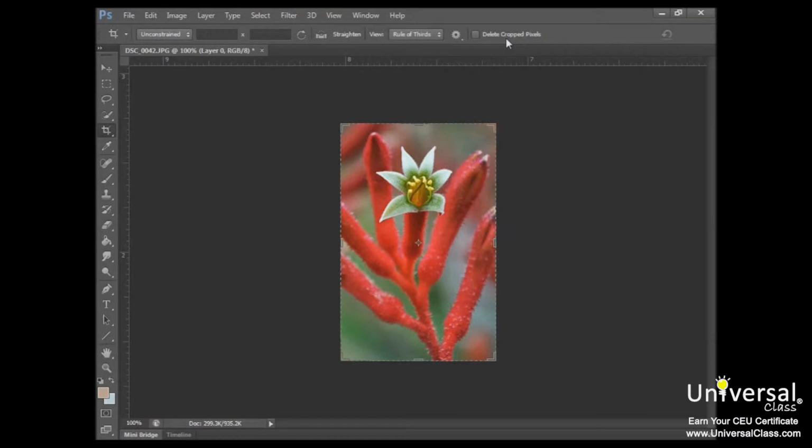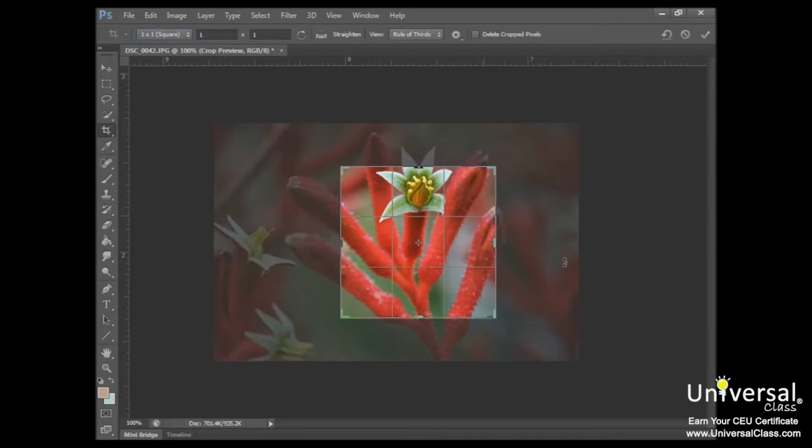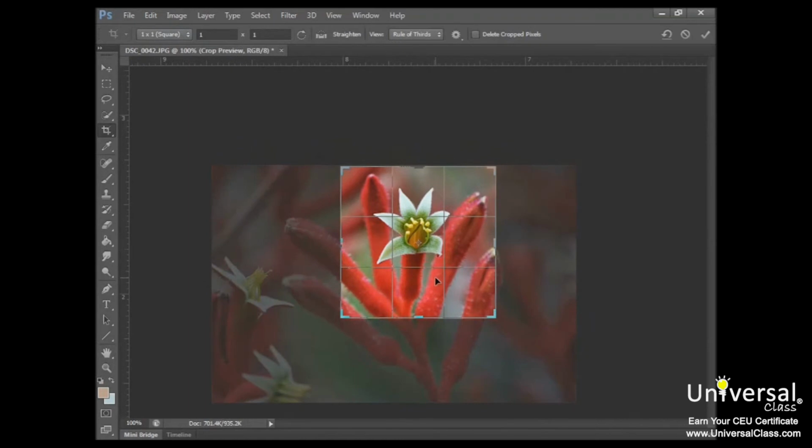So let's enter some measurements. First, let's click on the Unconstrained box, and that gives you some more options. It shows you this drop-down menu here. We want to use the original ratio when we set the size of the crop. Otherwise, the image may become distorted, as we showed you earlier in this course. However, we could also just select a size, for example, a 1x1 square. So it would show us what that would look like,